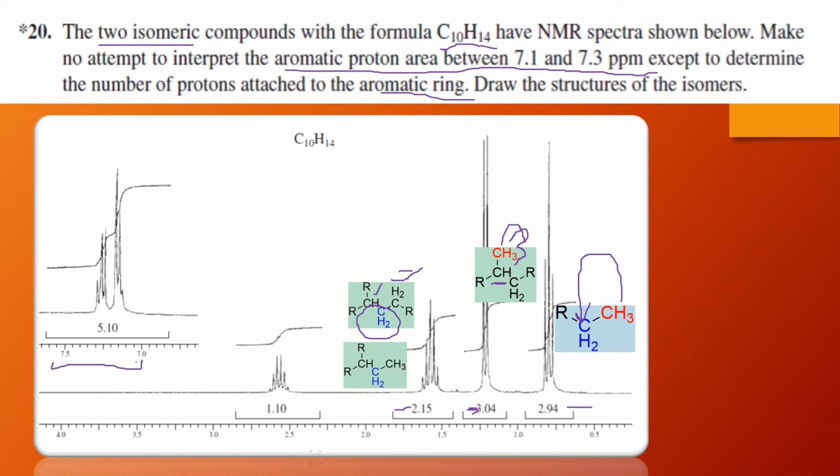The other possibility is that this one is CH2, basically, right? And this is attached to the carbon having 3 and 1 protons, right? So 3 and 1 is 4, and 4 and 1 is 5, right? So it will be a quintet. Then move to this peak, and 1, 2, 3, 4, 5, 6. I think it's 6, right? So you